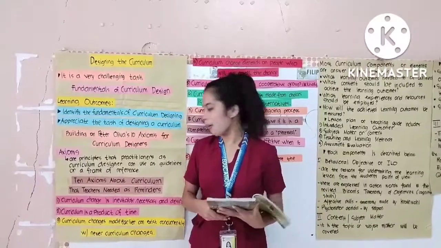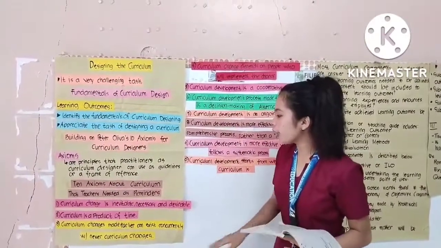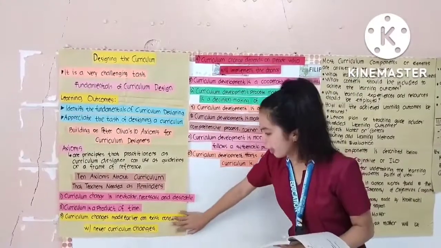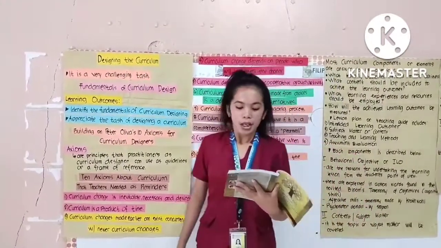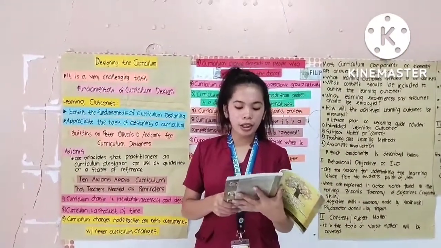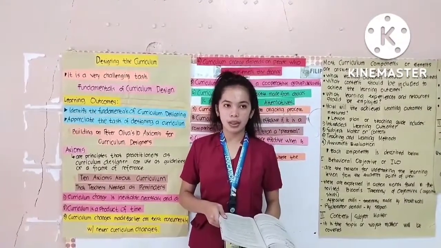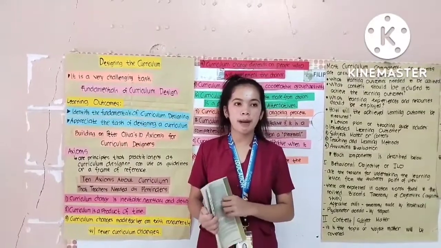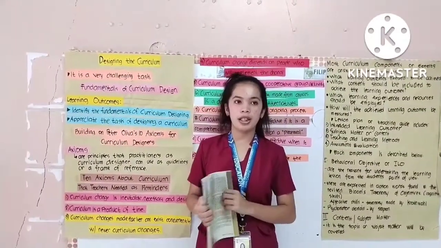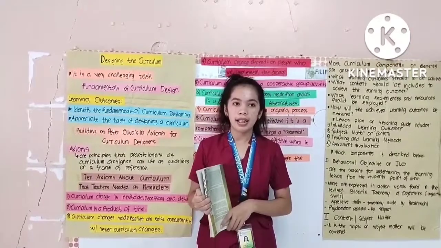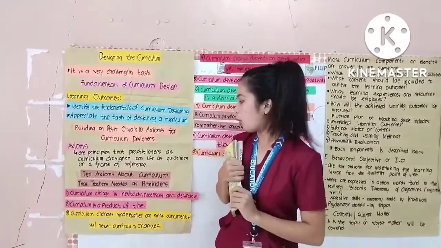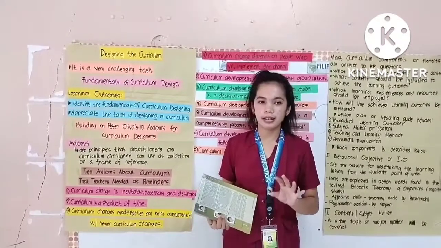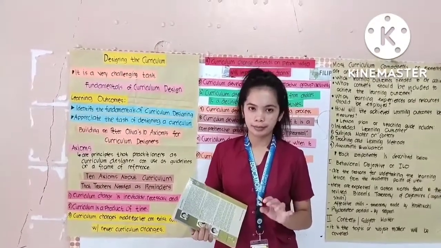The third action is that curriculum changes made earlier can exist concurrently with newer curriculum changes. A revision in a curriculum starts and ends slowly. People behind the curriculum select the best response to the emerging changes within society. So it is where they slowly start and slowly end a curriculum.